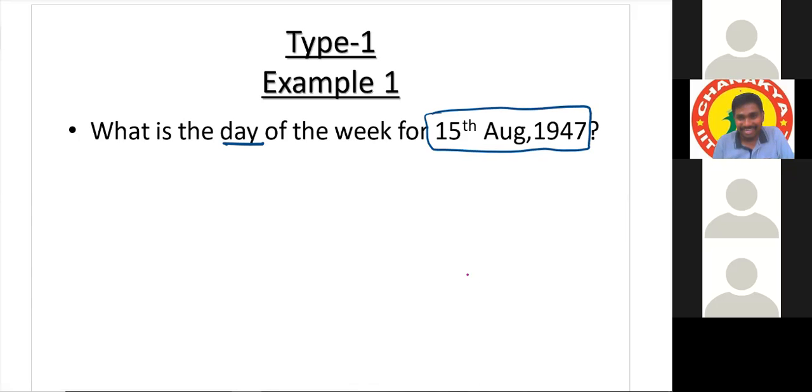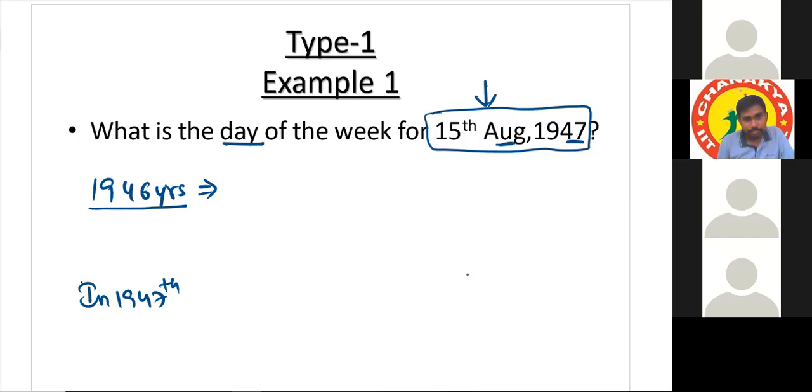Okay, let us prove that. To solve this question in the standard method, we have to divide this date into two parts. First, completed years below this date. How many years are completed below this date? 1946. 1946 years completed, and first find the number of odd days in 1946 years, and later 1947 also completed up to some extent, up to 15th August. So first we have to find the number of odd days in this duration, and later we need to find the number of odd days in